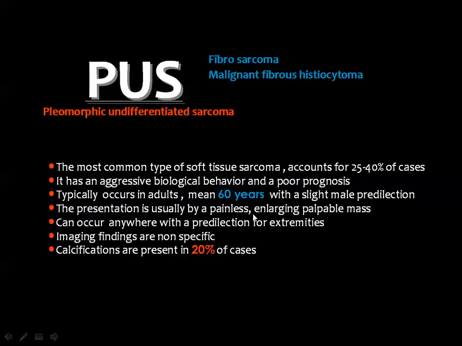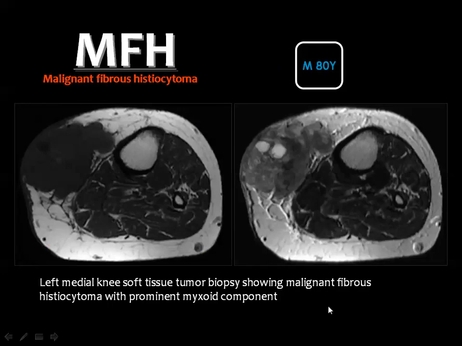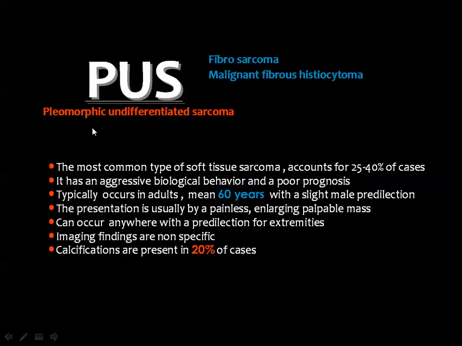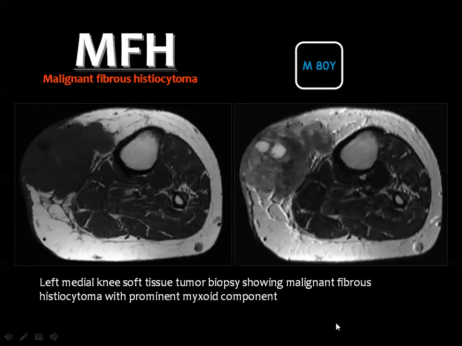The age of presentation is around 60 years, and the presentation is by a painless enlarging soft tissue mass that can occur anywhere with predilection for the extremities. The imaging findings are non-specific and calcifications may be seen in about 20% of the cases. This is, let us say, pleomorphic undifferentiated sarcoma, or you may say adult type fibrosarcoma or malignant fibrous histiocytoma. And you see